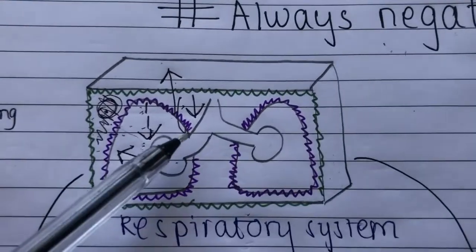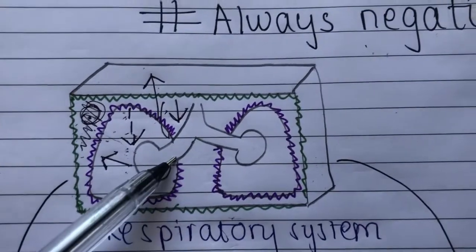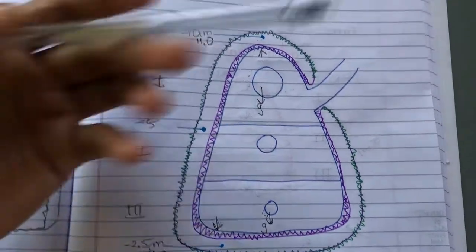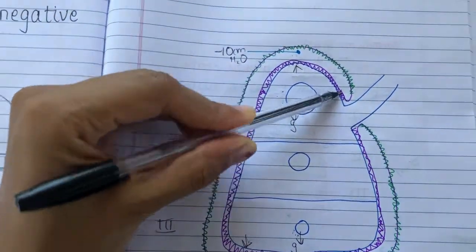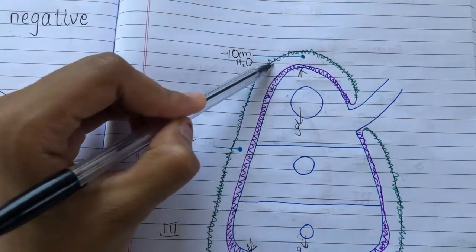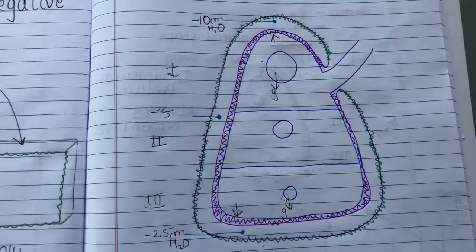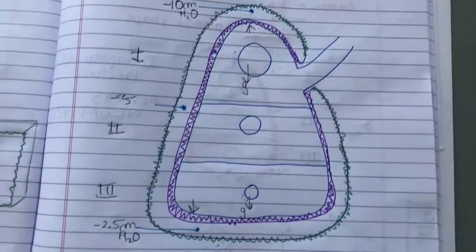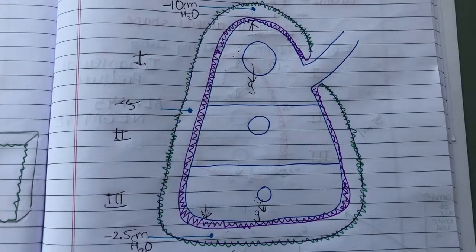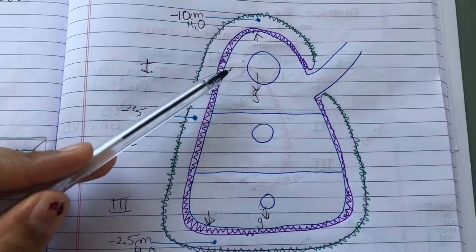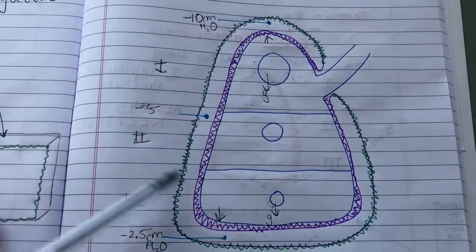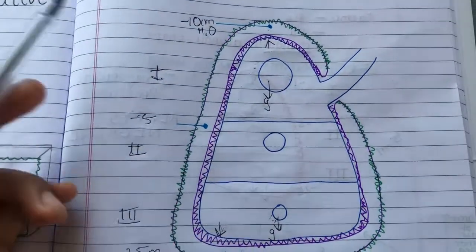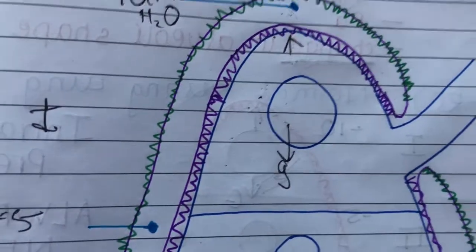But the pleural pressure is not uniform throughout the lung. Now let's see this diagram where we see a bigger version of the lung. This is the visceral layer and this is the parietal layer. This is the pleural cavity. As I told you, the pleural pressures are not the same throughout the lung. And why is that? Because there are different forces acting on the lung at different places. As you know, the lung is divided into three zones. This is the first zone, this is the second zone, and this is the third zone. And these are the alveoli in each zone. Now let's talk about this first zone.